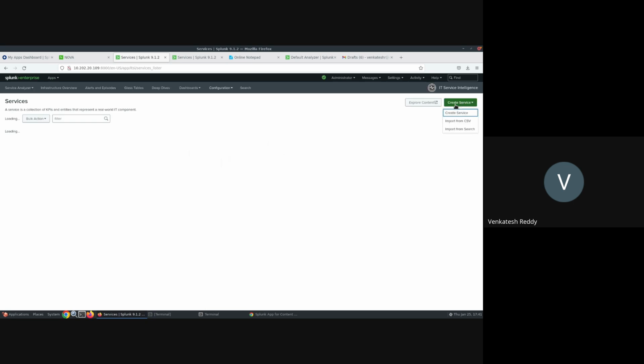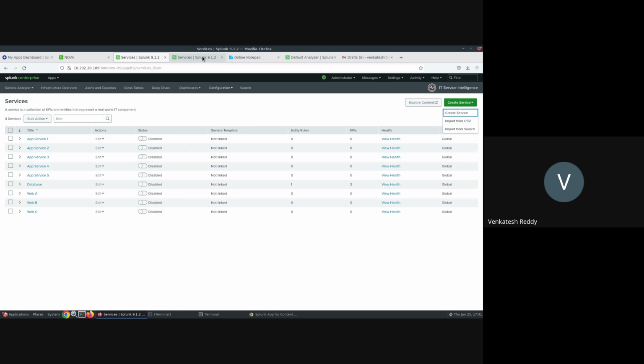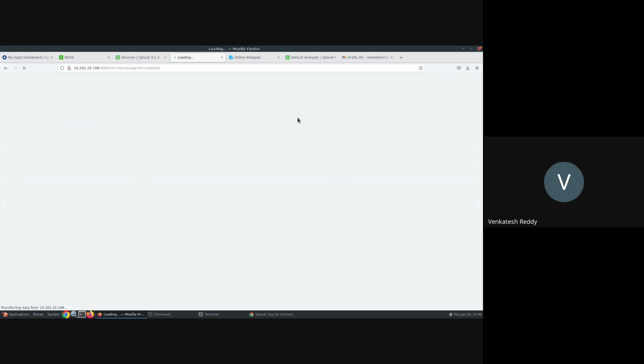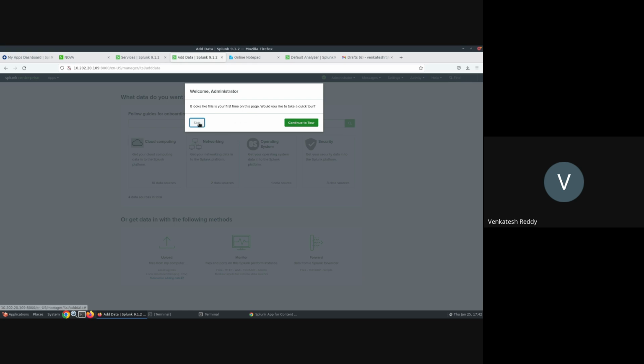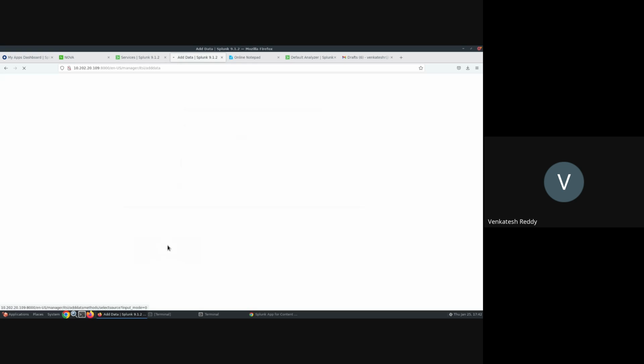First of all, I need to import that file. How do I import the CSV file? First, I will import that file through Settings, Add Data. I just want to add that CSV file here. Okay, skip, upload.